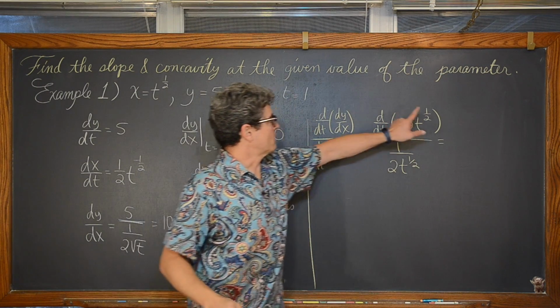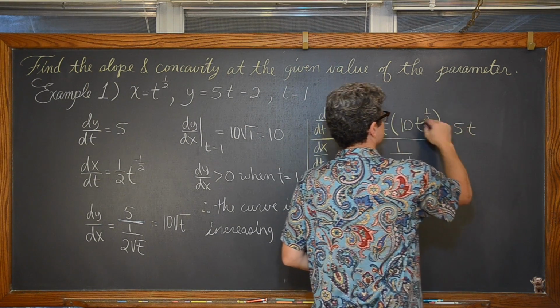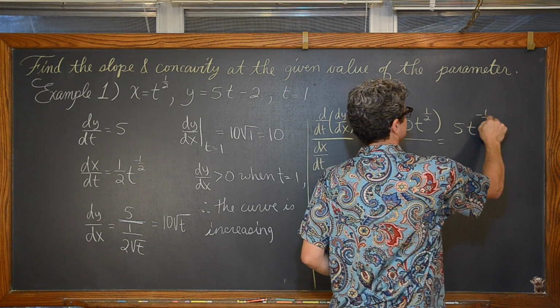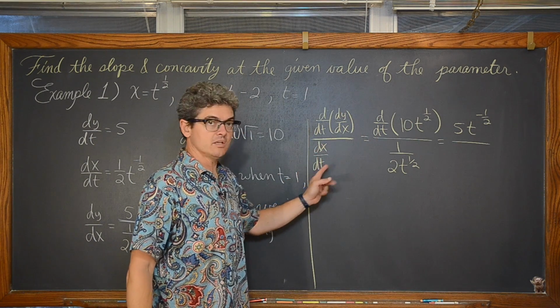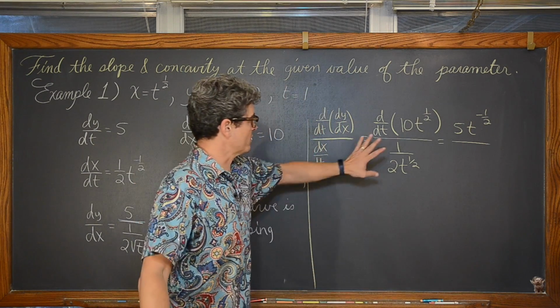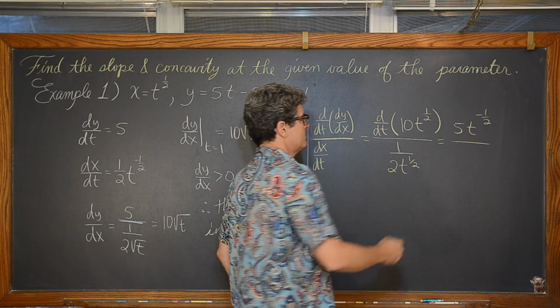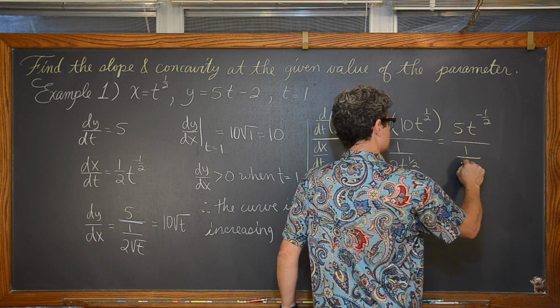So we got 1/2 times 10 is equal to 5. Reduce that power by 1. Now we're not taking the derivative down here. This is dx dt. We're just writing that answer from earlier on in our work. So don't take the derivative of the denominator again. That's going to be 1 over 2.